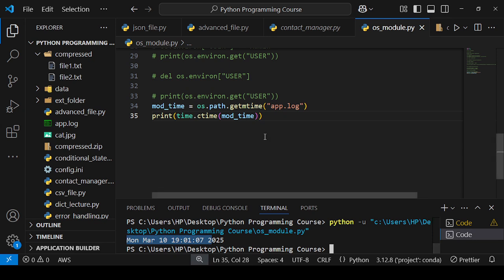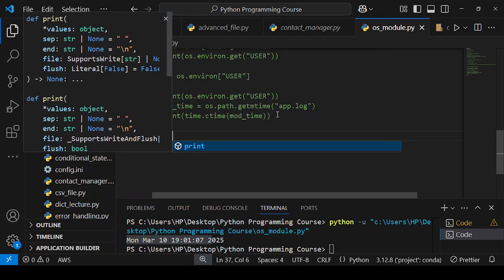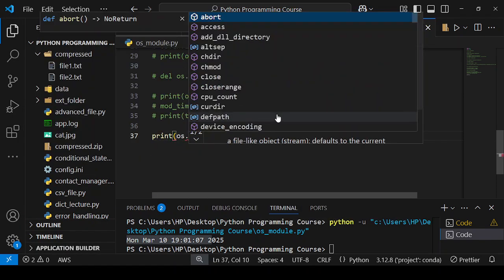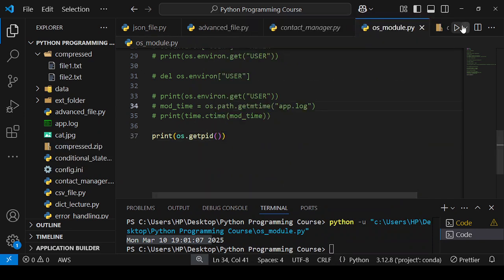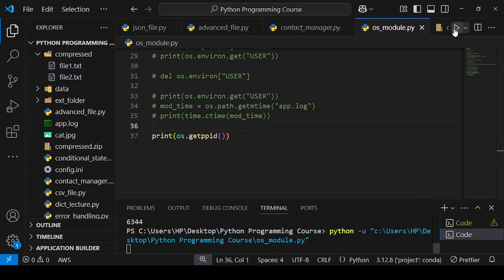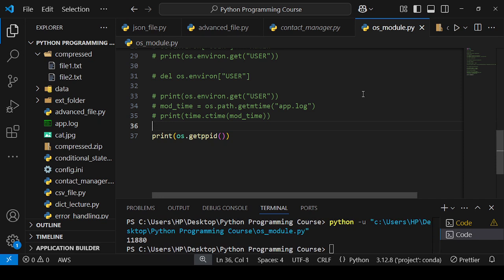and getting the process ID, you can use getpid. I will show you here. Printing os.getpid, you get the process ID. If you want to know more, and if you want to know the parent process ID, you can also get it through this. Okay,